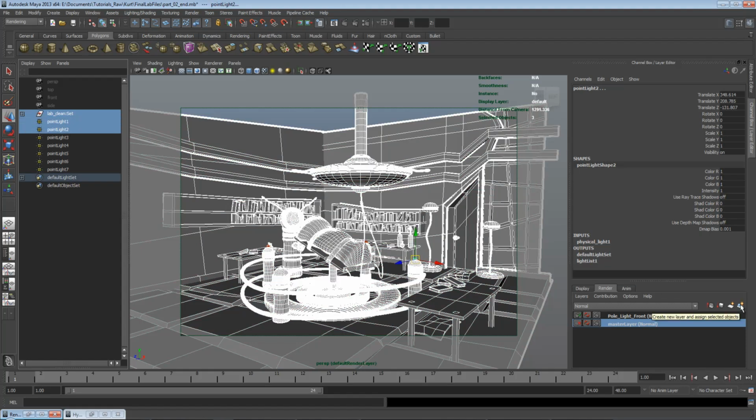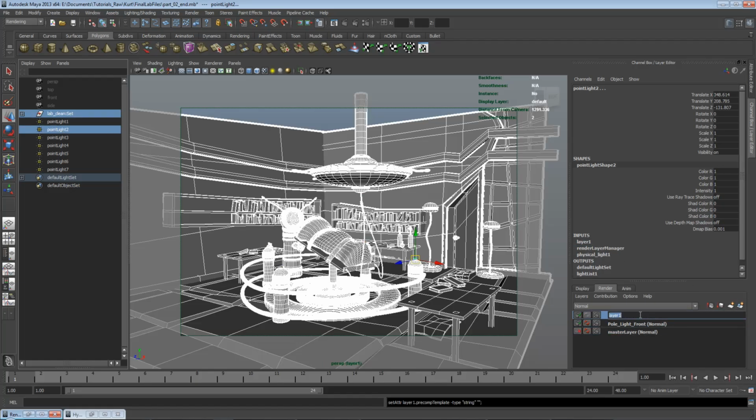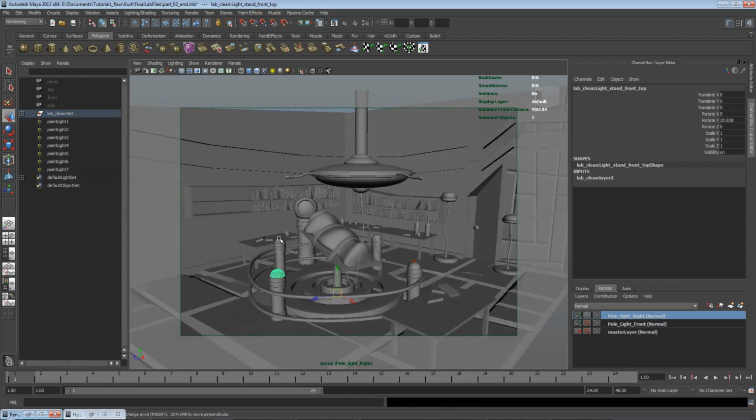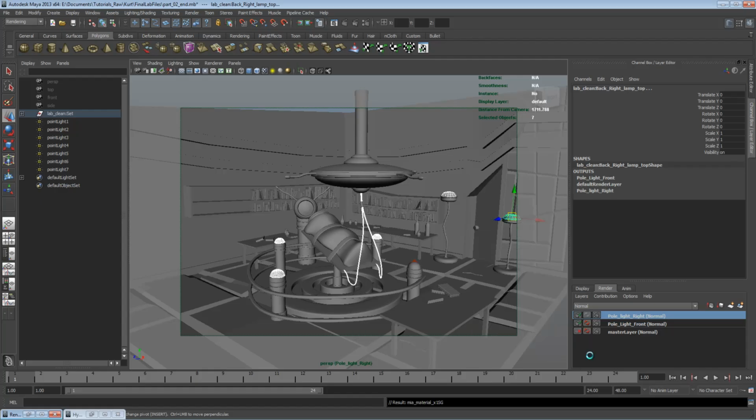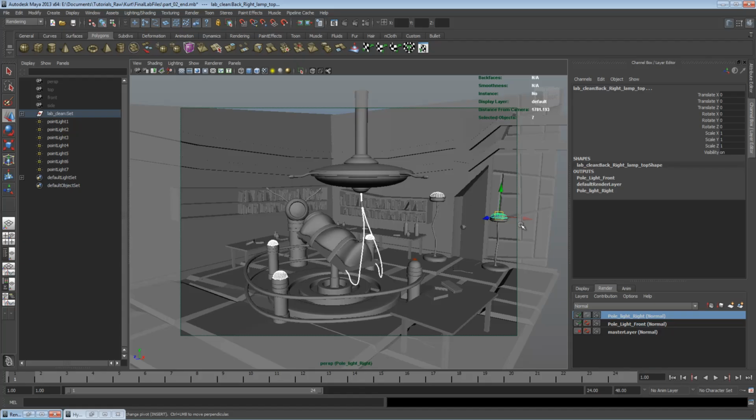I'm going to add those to their own layer. I don't actually want point light 1 as well, as that would defeat the purpose. I'm going to name this pole light right, and I'm just going to select all the light surfaces in the scene that I don't want illuminated, which will be these, and I'm going to assign back just our standard Maya Material X that we're using for the overall scene. Obviously if these were textured in your scene, then you'd assign back their original textures before they started to glow. So if we take a quick look at this now,